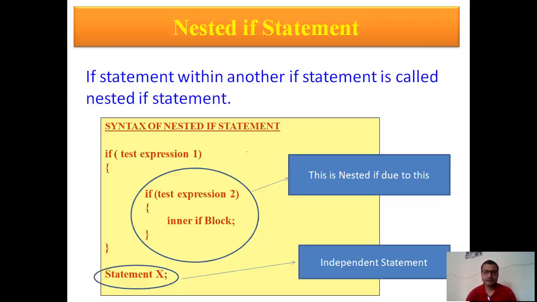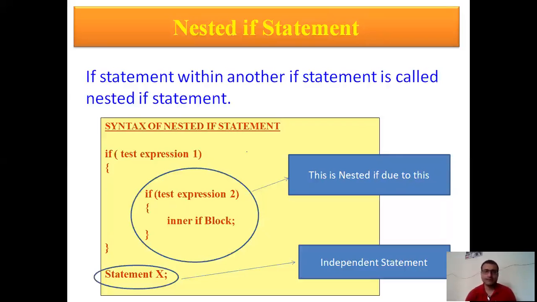Now the question is where exactly we use this nesting, right? Now let us take a simple example. Suppose I have two conditions for a particular set of statements to execute. Suppose I need to check two or more conditions. Suppose I am saying condition X and condition Y, these two simultaneously have to be true, then only I am going to execute a particular set of statements, right? So there I have two options.